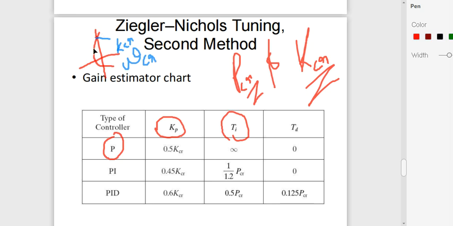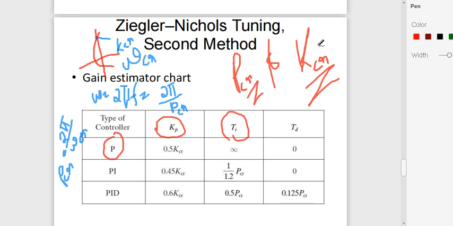When the root locus crosses the imaginary axis, sustained oscillations will occur. That value of K is the maximum value of K for the system to be stable, and that frequency is called the frequency of sustained oscillations. Those values are Kcr and omega cr. By equating the real and imaginary parts, we get Kcr and omega cr.